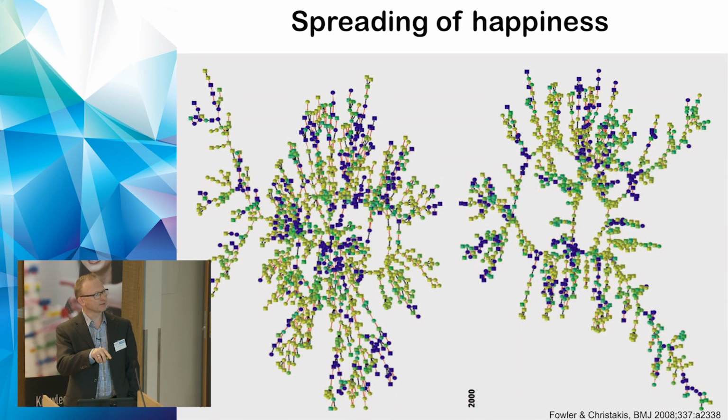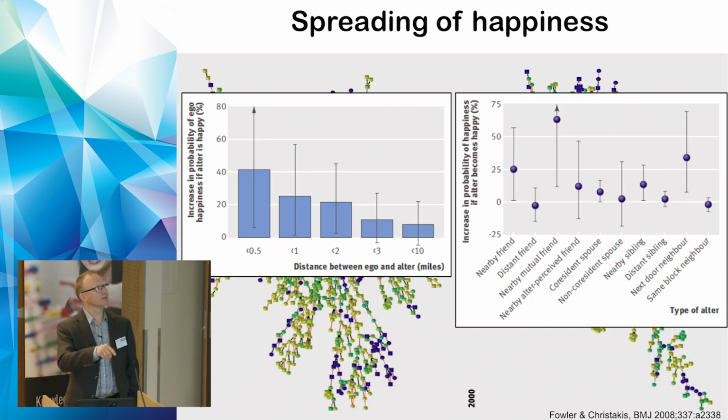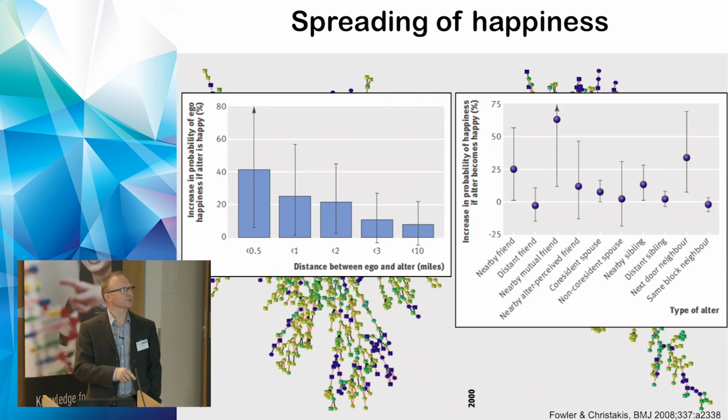In the 1996 and 2000 networks, we see that there are some differences in the structure. When you do the number crunching on the network, look at friends and friends of friends, and look at the reported levels of happiness, you can look at these results. So distance is a very important factor in happiness spreading. Friends that are not far away will have a much higher impact than those that are physically further away from you.